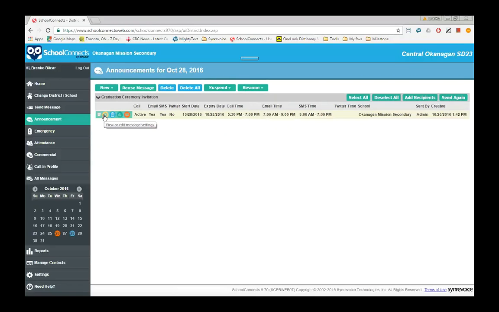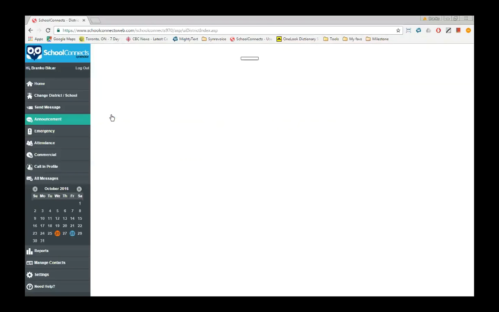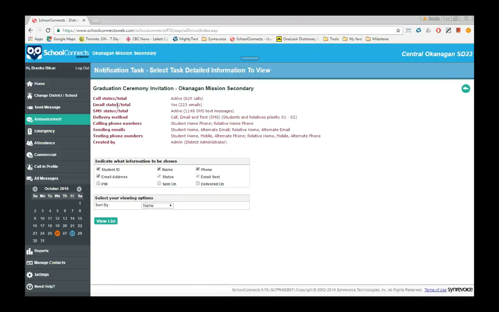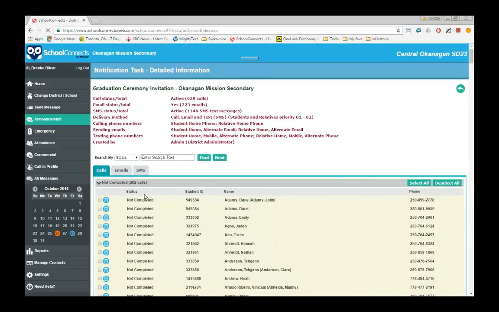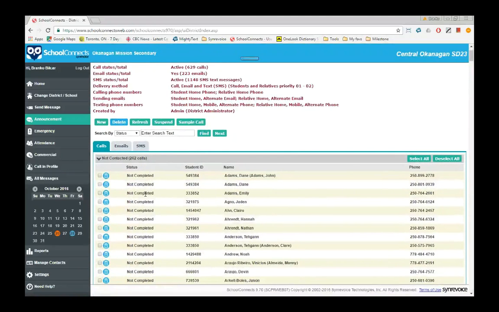Okay, so we've looked at the first icon. If I click on the next icon, View or Edit List Details, you can see once again I get some summary information up top. These are the headings that will appear in my listing, and it'll be sorted by name, although you can see I have other options. So if I click on View List, this shows me the list of all the people who are slated to